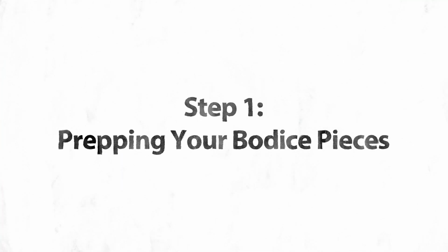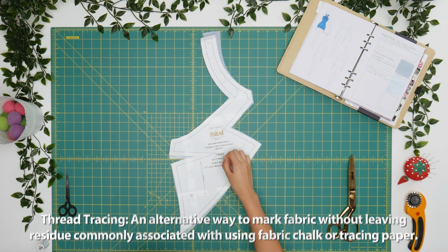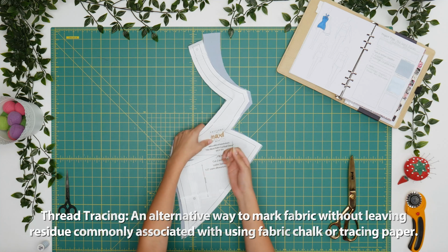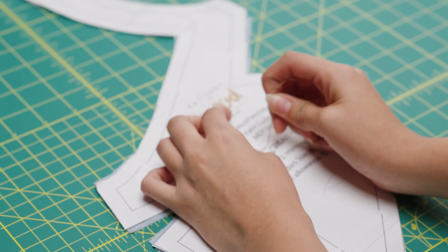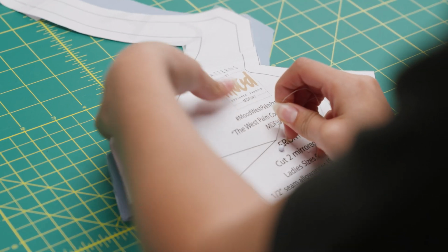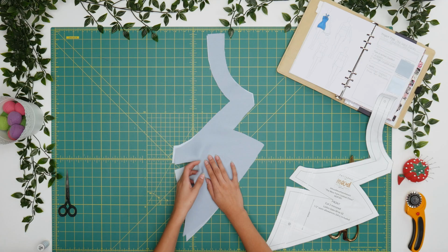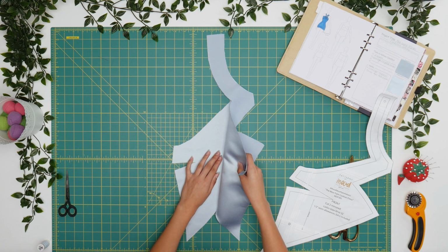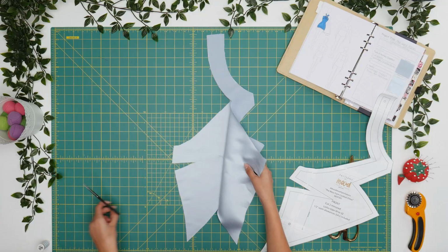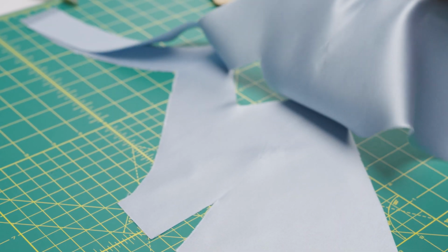First step will be to take your front self pattern and thread trace where the dart ends. Thread tracing is an alternative way to mark your fabric without leaving residue, like if you use chalk or tracing paper. To thread trace, thread your hand needle and stick it through all layers of the fabric at the point of the dart. You should leave long tails so that when you remove the pattern piece, the thread stays in place, marking your fabric. Next, slowly pull apart both layers of fabric, making sure that the thread does not get pulled from either layer. Then all you have to do is clip the thread and both front self layers will